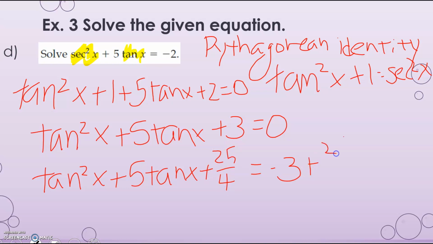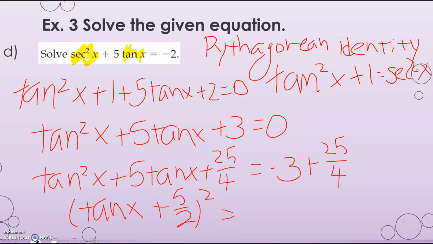And for those of you who don't remember how to complete the square, although I really think you should, you can always go ahead and use the quadratic formula for this. So this is going to factor into tangent x plus 5 over 2 squared is equal to, well, negative 3 is negative 12 over 4, which is going to give me negative 13 over 4 here. Okay, from here,